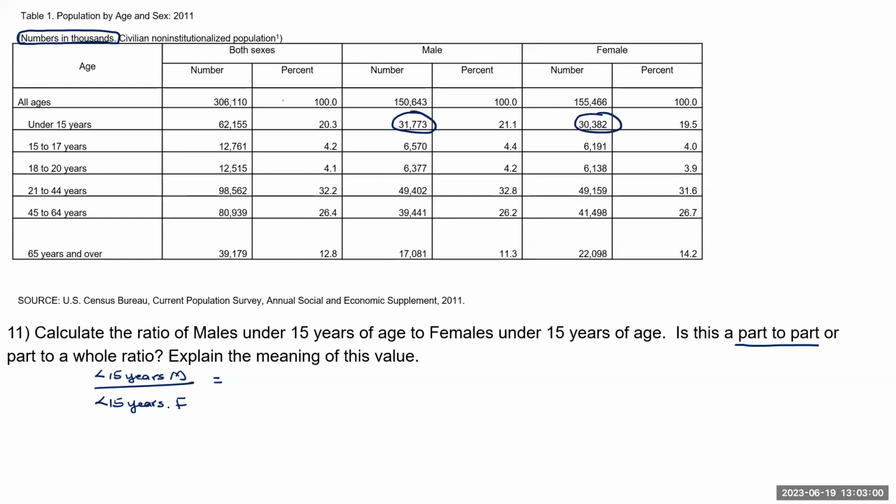But because we are looking at these two numbers as a ratio, the numbers in thousands will still cancel out. So we can choose to ignore that here. So this becomes 1.05. Again, we're told to write the meaning of this value, so we can write it in its equivalent forms. So we can go for, let's say, 105 per 100. And so we can say there are